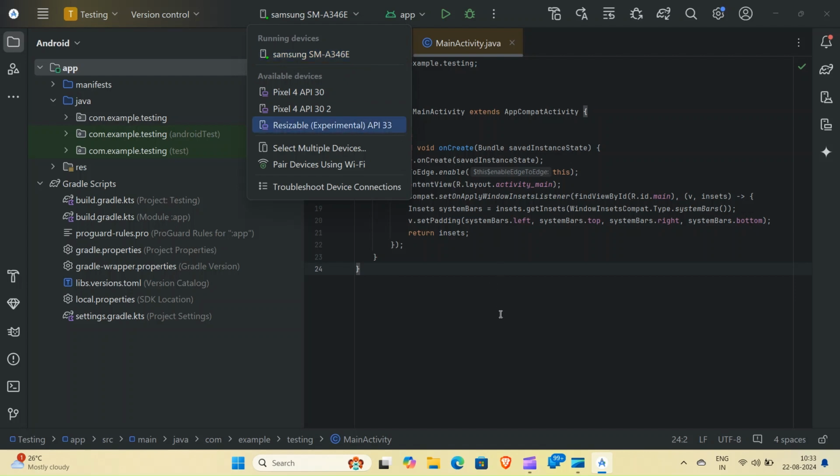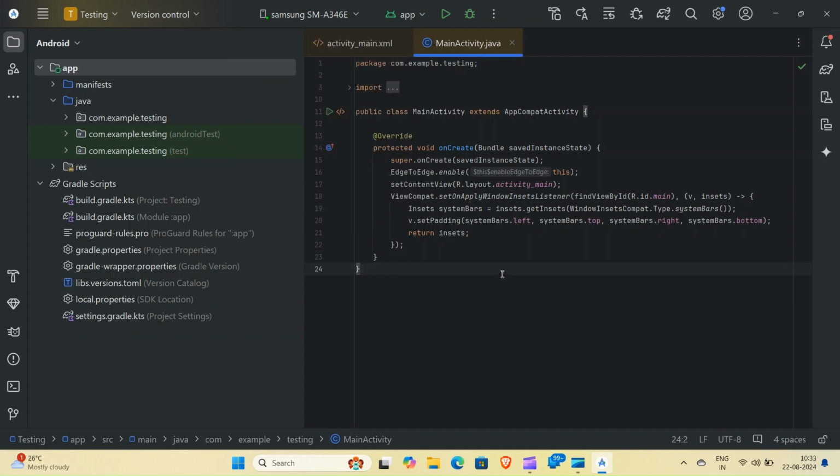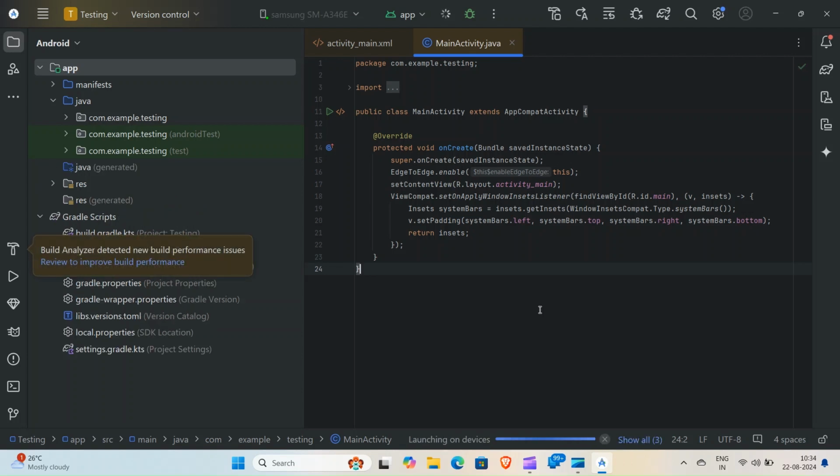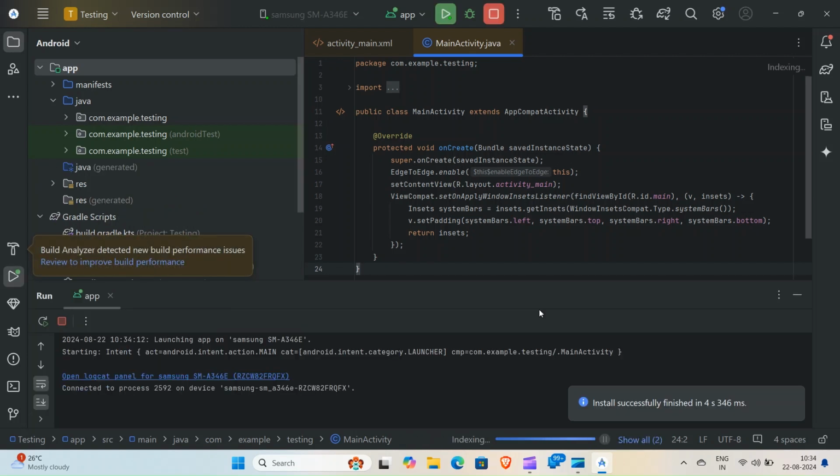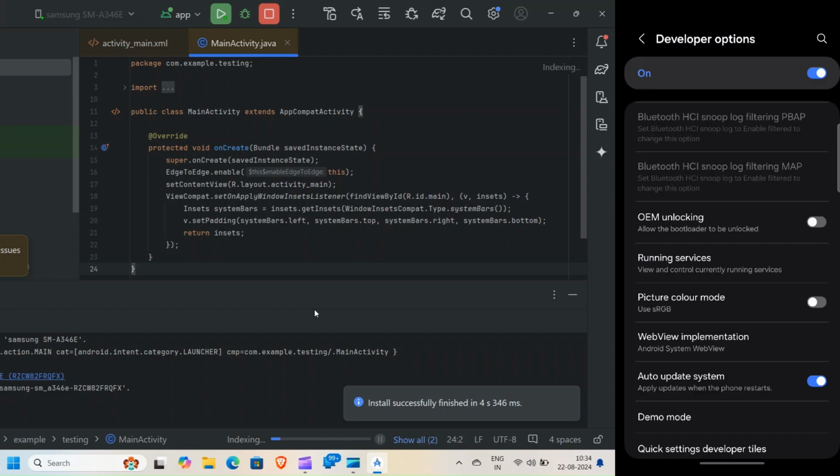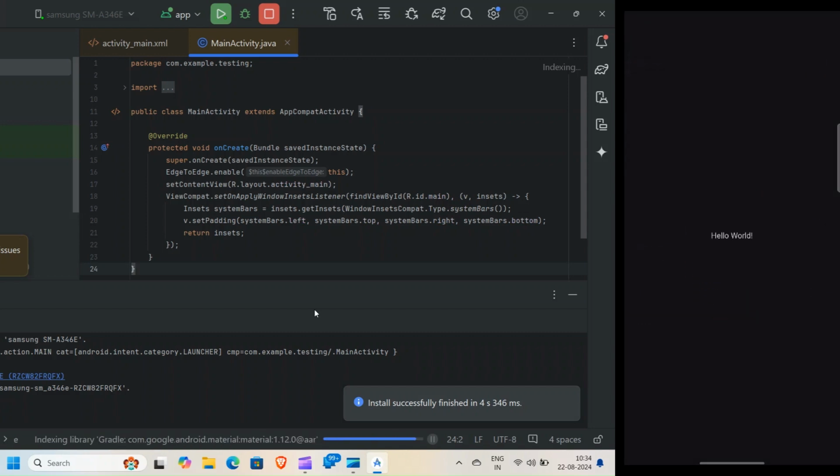Now we can run the application. I will display the mobile screen also once the indexing and Gradle build is finished. Here we can see the application is launched, and this way you can use the external device as your emulator